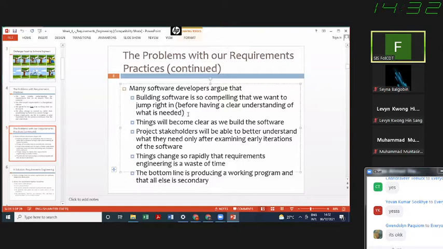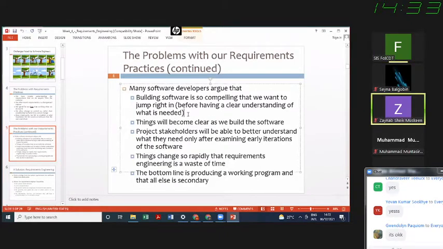When we're developing systems, we need to run fast. But I think it's very important to understand what is the right direction first. Even before you start the race, you need to know what is the right direction. It cannot be that the race is in this direction and you're running the other way. So you have to understand what is correct, what needs to be developed,